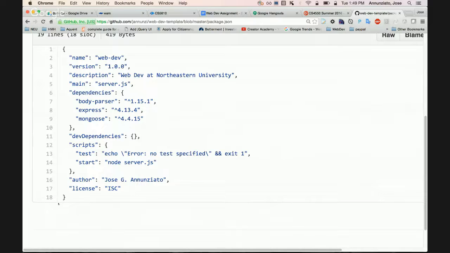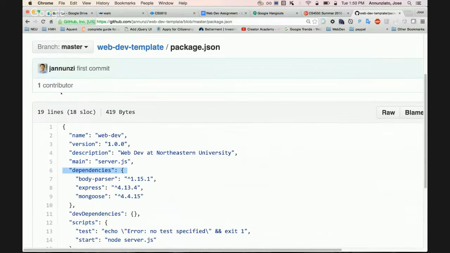The way to tell the remote server that we need all those libraries is to declare these as dependencies. So this dependencies section over here is where we declare any libraries that you might be using. So how do these make it into here? It's very easy. For any new library that you need to install, for instance, I installed a couple here. I installed one to create the server and one to connect to the database. These two libraries. I'm not going to cover this just yet.